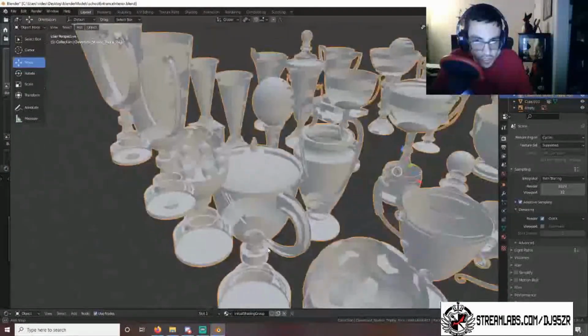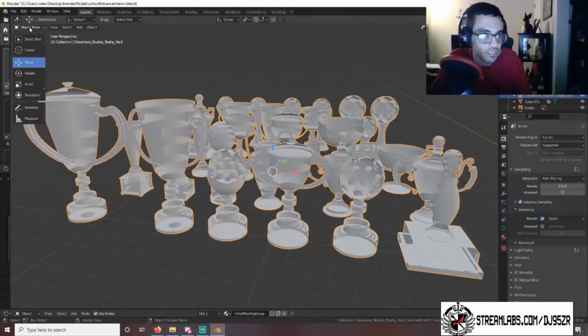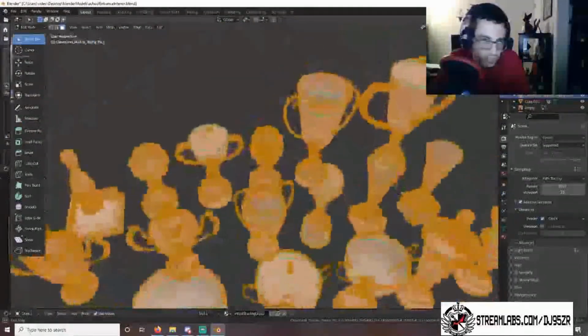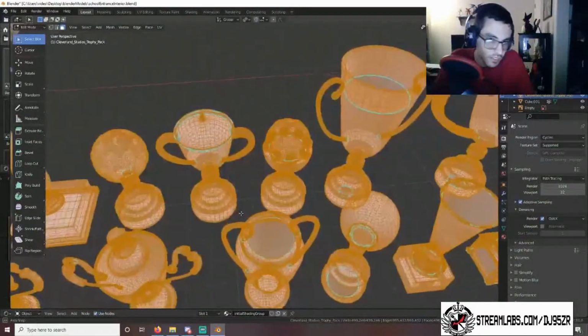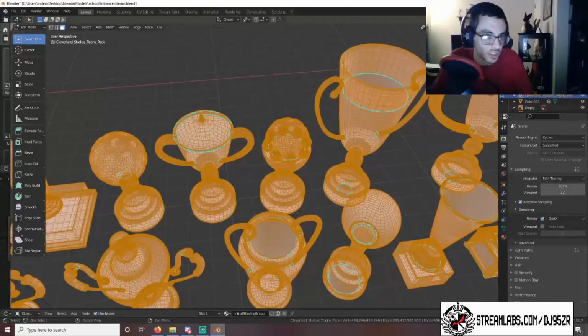I want to use this one. So let's go into edit mode, which will take some time. Luckily these trophies are separated enough that I can just select them and separate it. I'll have to do a lasso, but